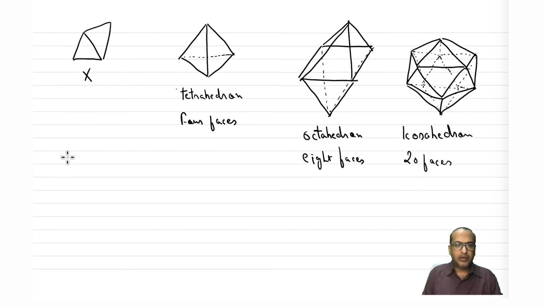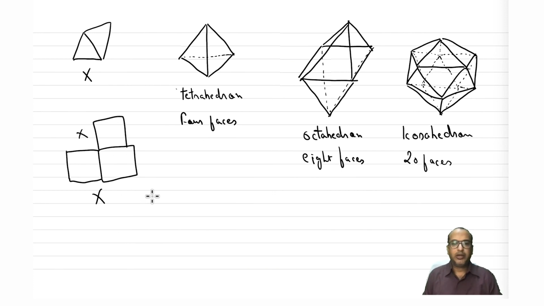Let's also look at what we can do with a square. If we combine 2 squares, you cannot do it, right? If you combine 3 squares, you still cannot do it. No, you can do it actually. With 3 squares you can do it, but how do you do it? You actually form a cube.